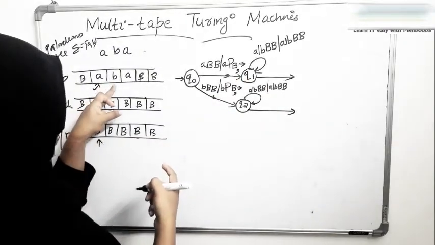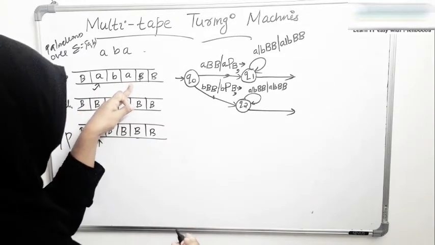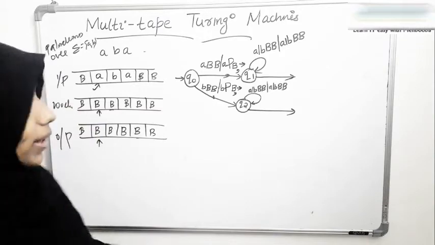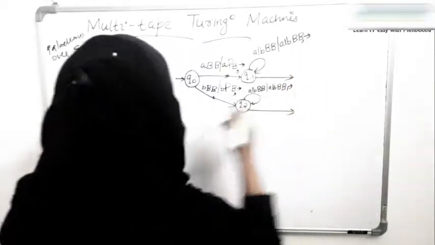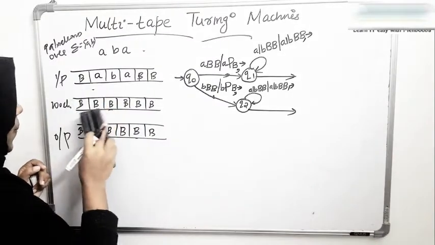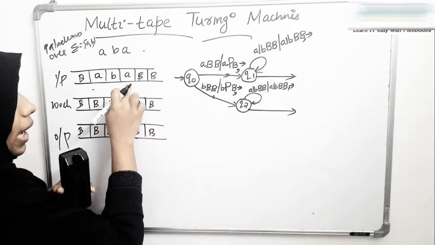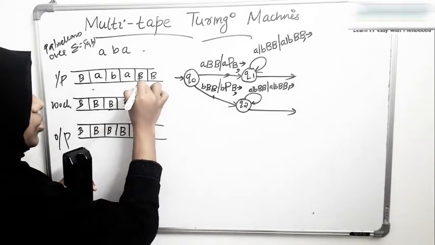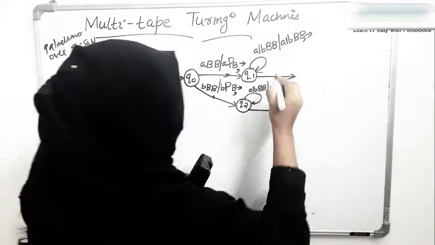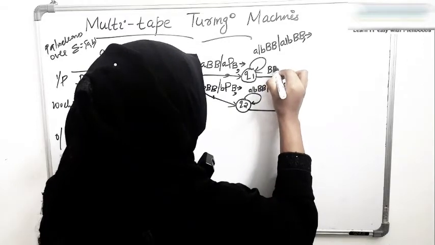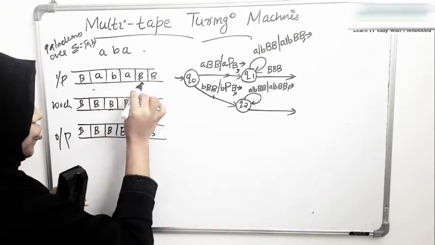When we see this P, we will leave the B as it is. When we see this A, we will leave that A as it is. So all the tape heads are moving at the moment, because we are giving rightward movement, isn't it? Now the tape heads are at this position, and at one point we will reach this position for all the tape heads. When we reach a blank, blank, blank, that is all three blanks, that means end of the input stream, isn't it?